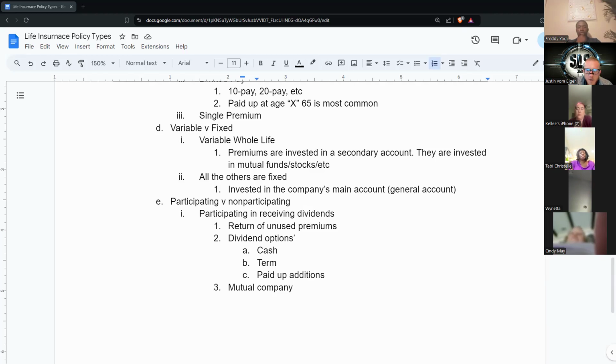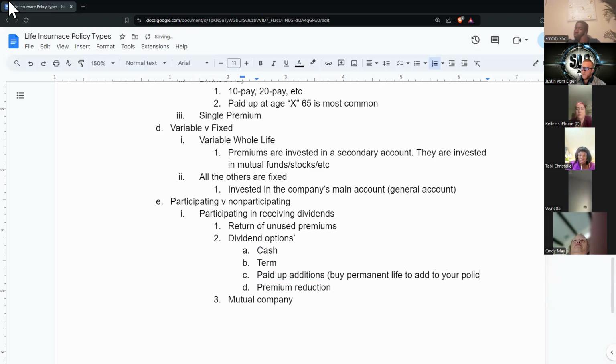So there's also a premium reduction. It can be used to pay back premiums, or to help you pay a premium. So say you have the $80 dividend, and you say, you know what, I'm just going to give you $920 this year. Use that $80 to cover the difference in premium for me. Does that make sense? So instead of them giving you the cash, you can use it to buy one year of term insurance, you can use it to buy permanent life insurance, or you can use it to reduce your premium. So it takes money off the next premium.